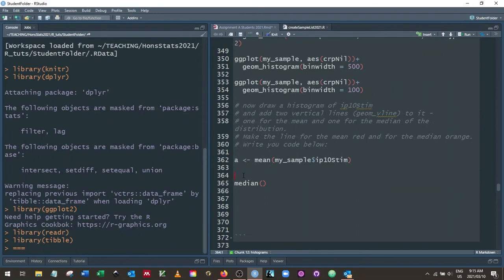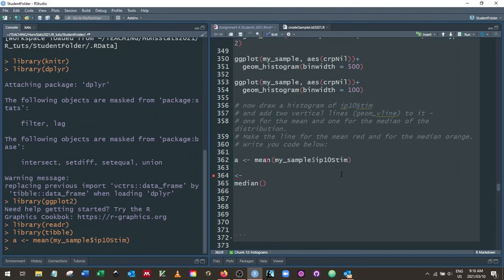There's a shortcut for this assignment function. Press Alt and the dash. So Alt and the dash will create that for you automatically. So if you're going to do it like this, then you're calculating the mean of the variable you care about. You're saving the answer in an object called A. So if you run that,